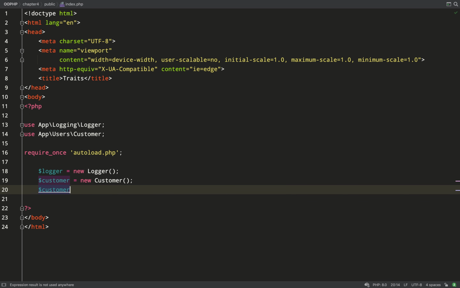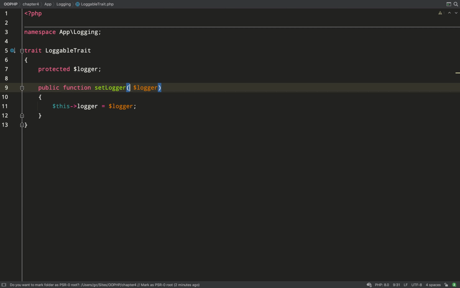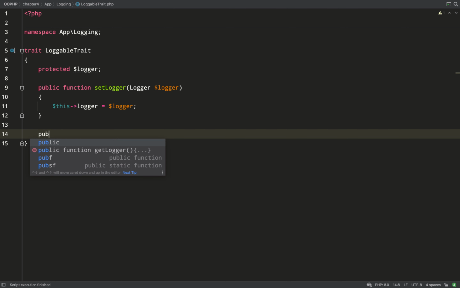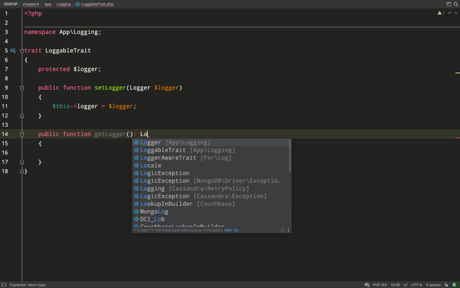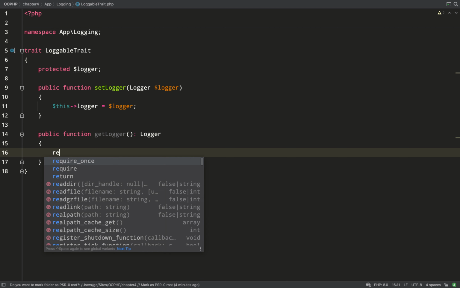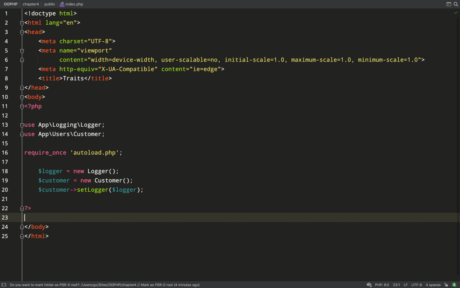And what I'm going to do is set the logger on the customer, so customer set logger to logger. Now that we know all about type hinting, we might as well do that also. And we'll add a getLogger method as well, because for what I have planned, I think we're going to need it. So this will just return this logger,